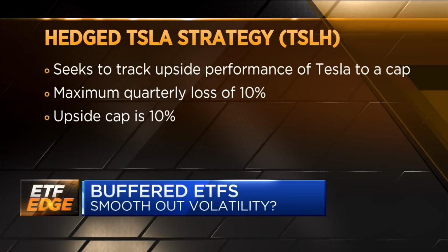We do have a full screen, but just explain how it works. Very simply, really the idea is a lot of people want to purchase Tesla. They want to be involved with Tesla, but they're worried about the volatility of Tesla, also the valuation of Tesla. You know, if Tesla was valued like Ford, people would lose 90% of their value right away. So we're saying for those people that want to get in, they want a long-term investment, this is how it